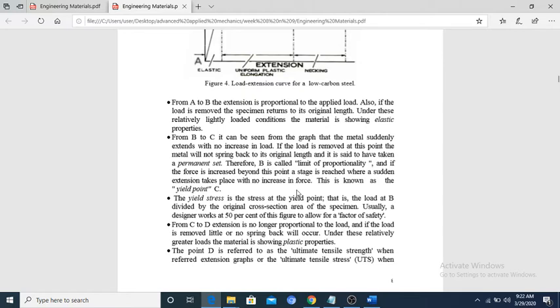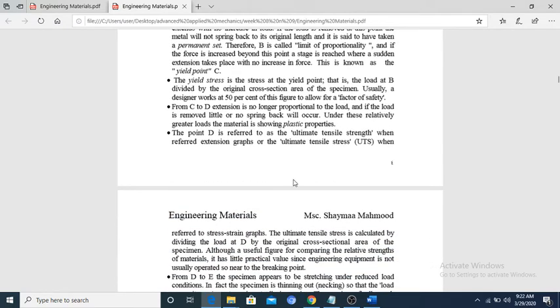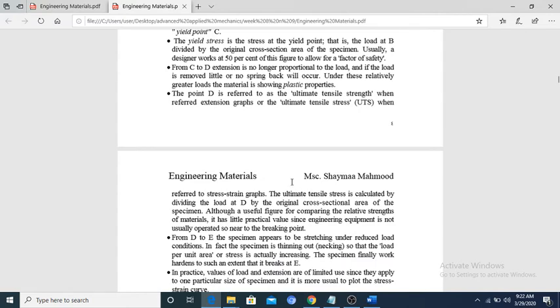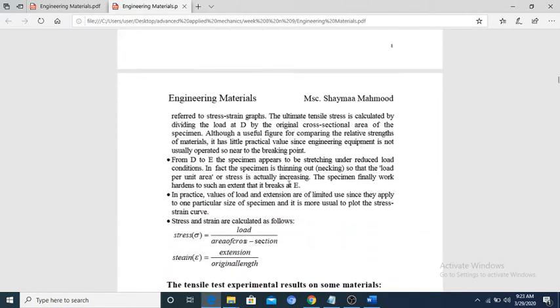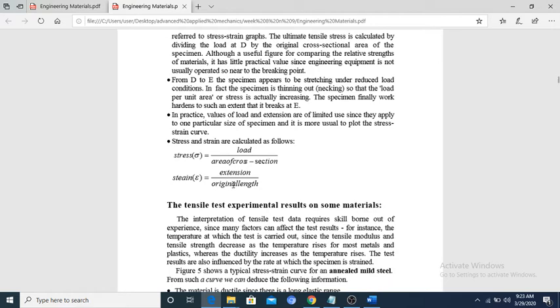The ultimate stress is calculated by dividing the load at D by the original cross section. Although it is a useful figure for comparing the relative strength of materials, it has little practical value since equipment is not usually operated at that level. So stress is equal to load divided by